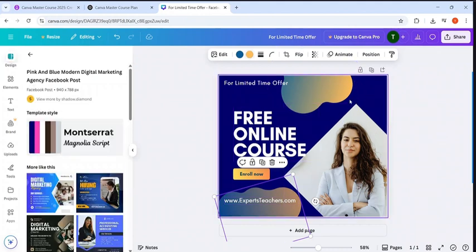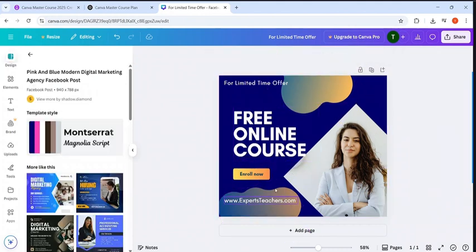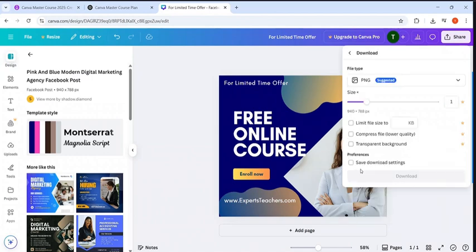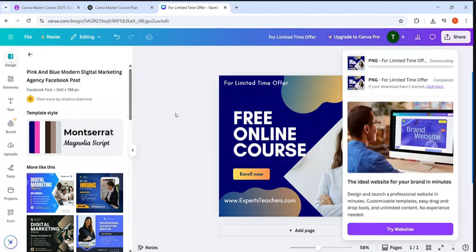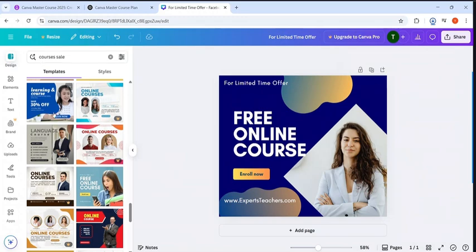So I will see some color matching with this. This one is good, and also this one. Let me just use this. So this is looking somewhat better now, and I can just download this one, and